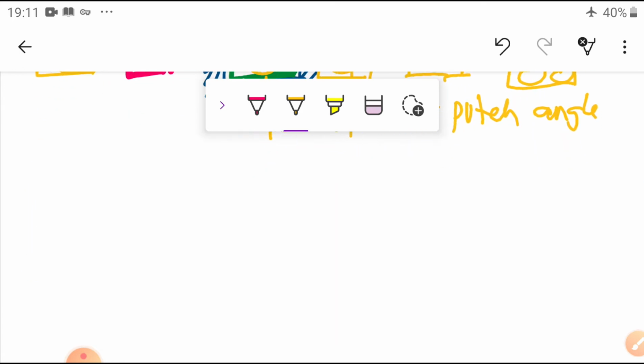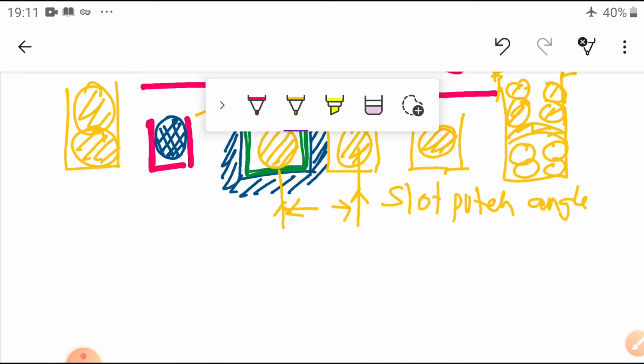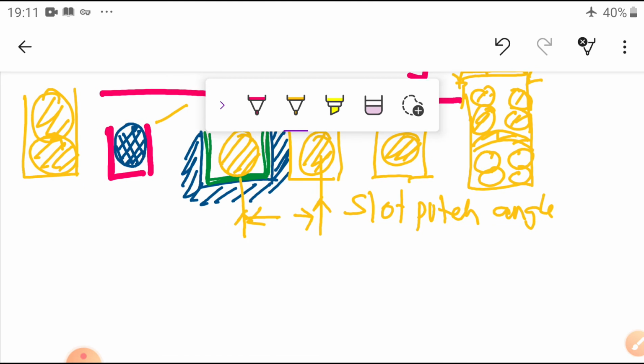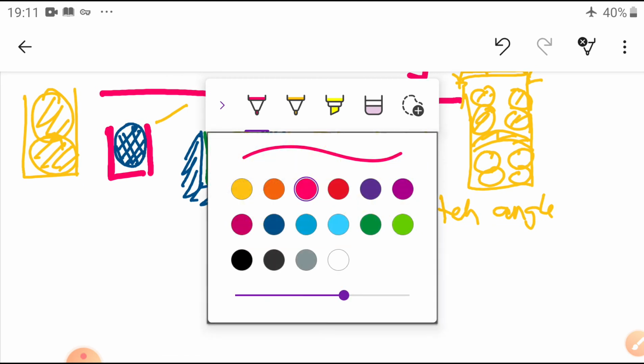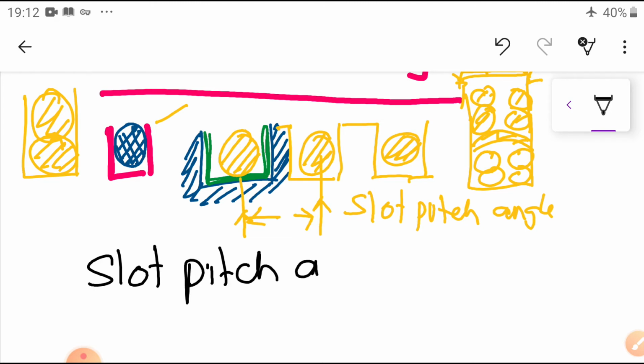So how are we going to calculate the slot pitch angle? The slot pitch angle is equal to,